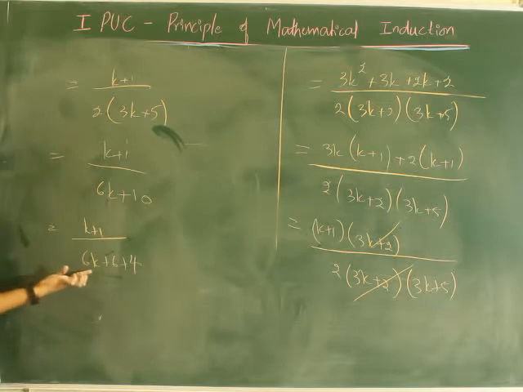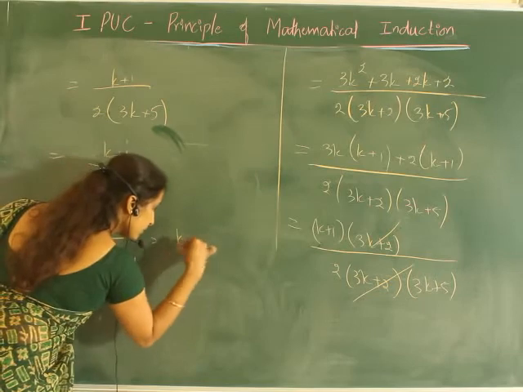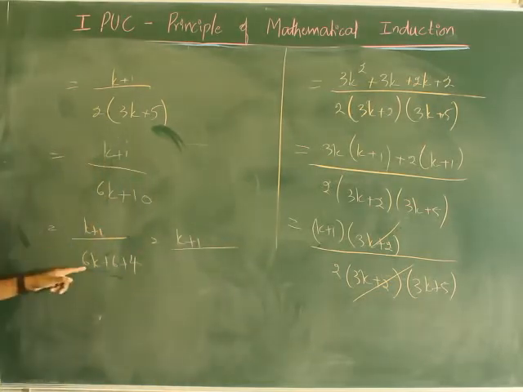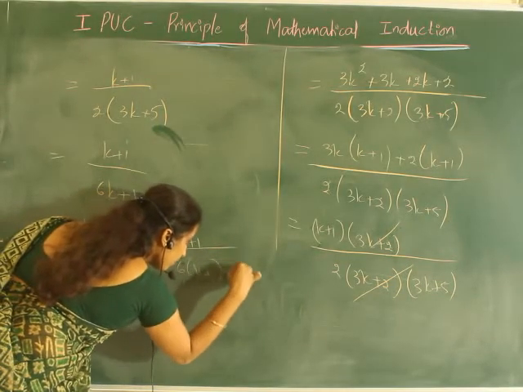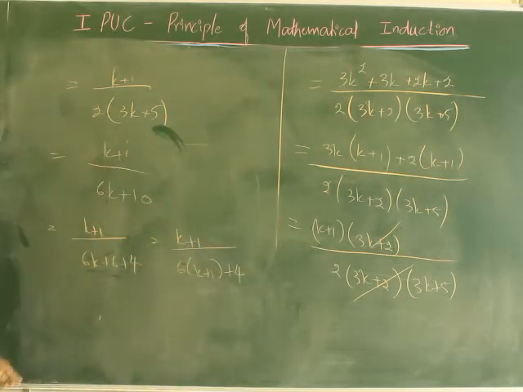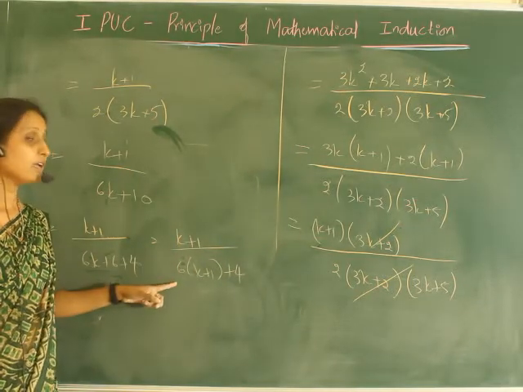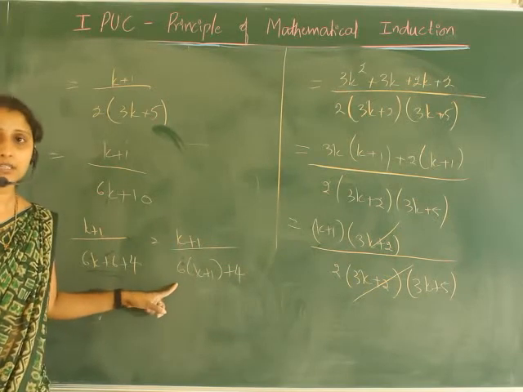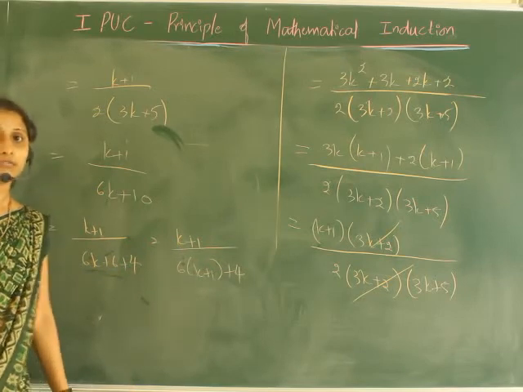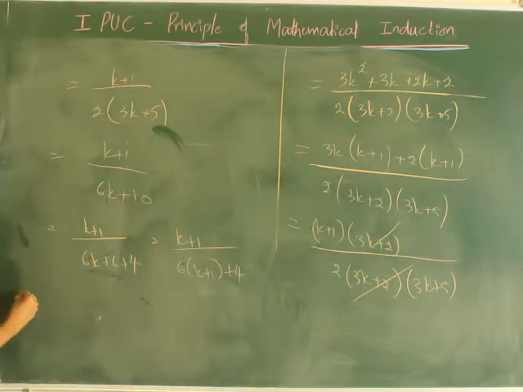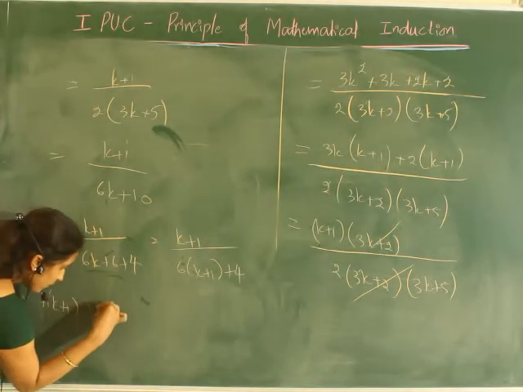Now I can combine these two, 6k and 6. So this can be written as k plus 1 divided by, here 6 is common, 6 into k plus 1 plus 4. So for n it is n divided by 6n plus 4, for k it is k divided by 6k plus 4, but for k plus 1 it is k plus 1 divided by 6 into k plus 1 plus 4. Therefore p of k plus 1 is true